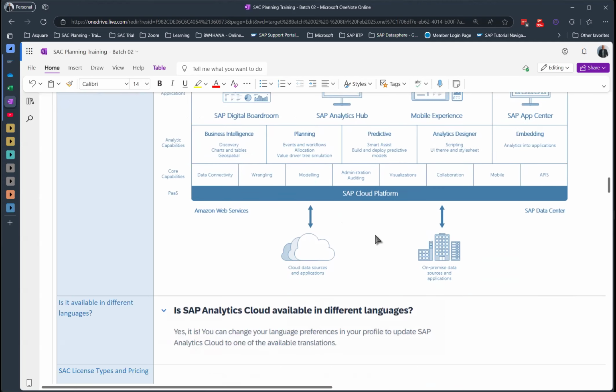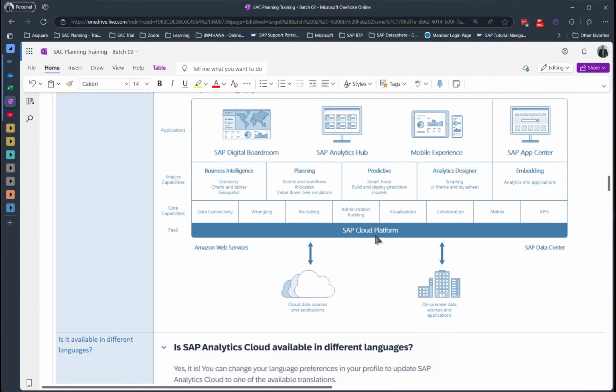So it can connect to both types of sources, cloud sources and on-prem sources. When I say on-prem, on-prem is the short form of on-premise. On-premise is basically software which you install in your company or on your laptop. For example, Microsoft Office, if you are installing it on your laptop, that is on-prem software. But if you are using Gmail, do you install anything on your laptop?